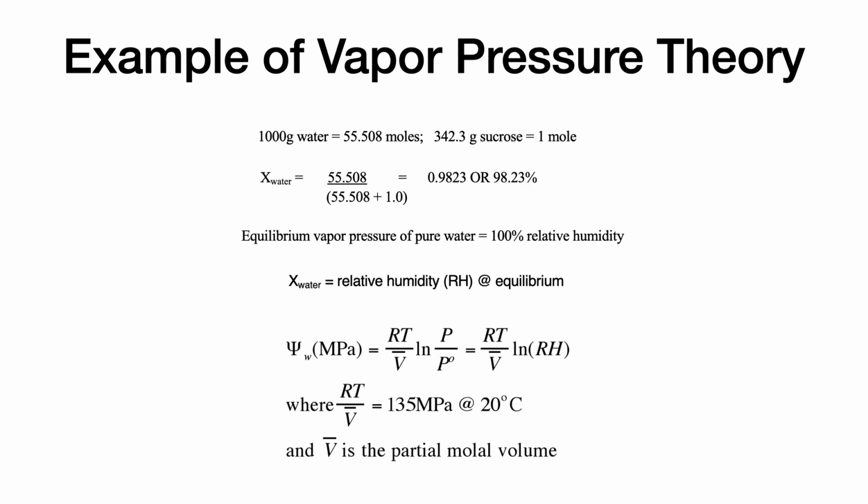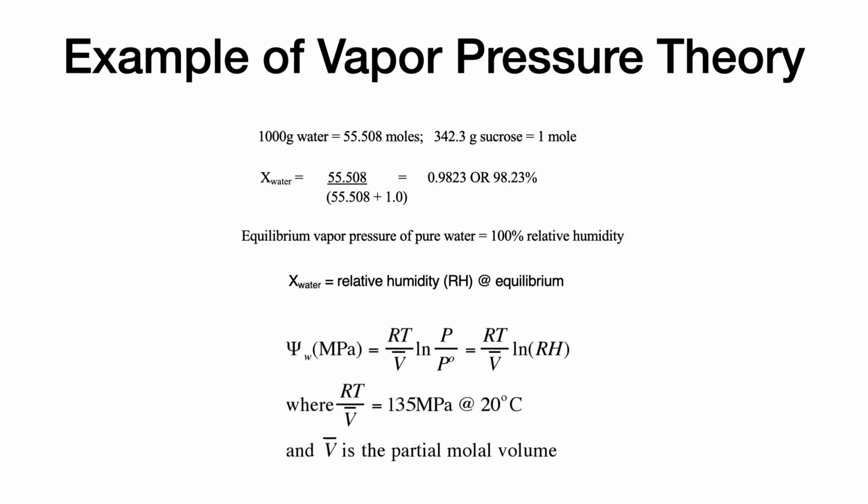So let's give an example of how we can calculate this and why it's important. We know that 1,000 grams of water, which is approximately a liter of water, is equal to 55.508 moles. And we know that a mole of sucrose is equal to 342.3 grams of sucrose. If we were to calculate the mole fraction of a solution of 342.3 grams of sucrose with 1,000 grams of water, we would show this equation here, or the X of water, or the mole fraction